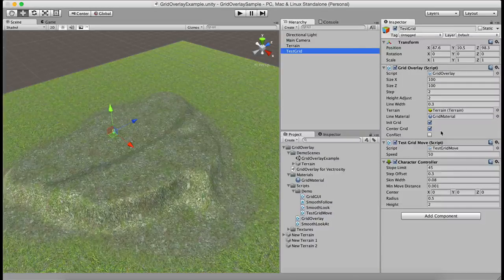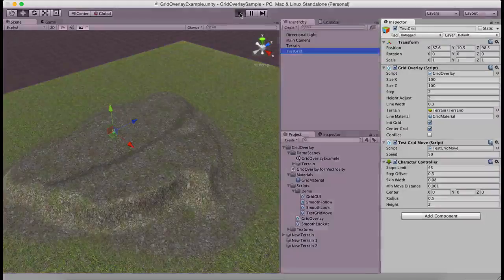Conflict is a variable that your scripts can interact with. When they determine that a conflict exists, they're going to want to tell the grid a conflict exists. And then when there is not a conflict, you're going to want your script to let it know that it's not. So at any rate, let's